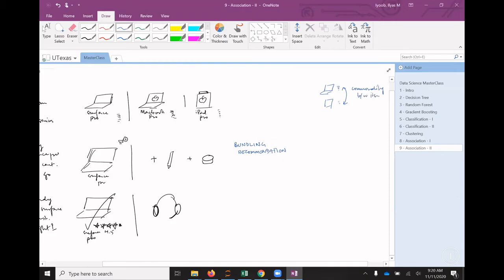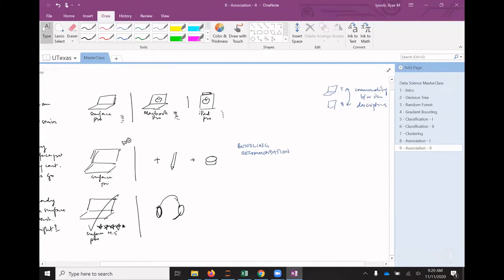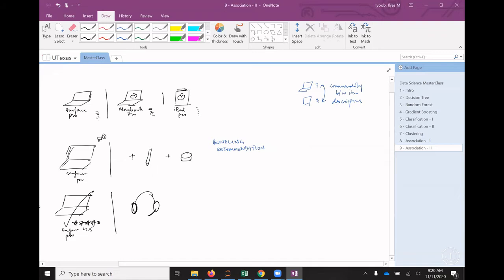between item descriptions. Okay, it looks for other items with similar descriptions to what you are searching for, and then suggests that to you. Okay, so you're searching for some item here, and it looks for another item that has a lot of commonality in the description, and then makes that a suggestion. Okay, so because it is based on the content of the description, right, between the description content, this is known